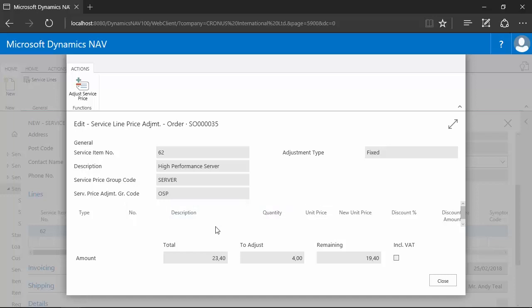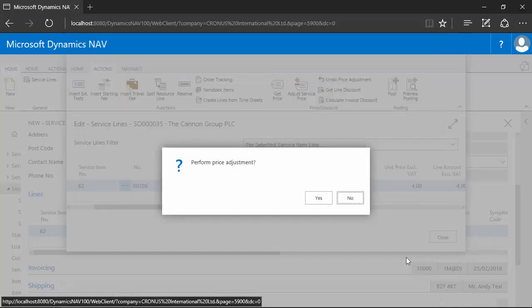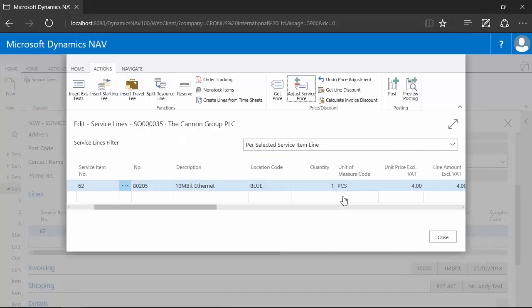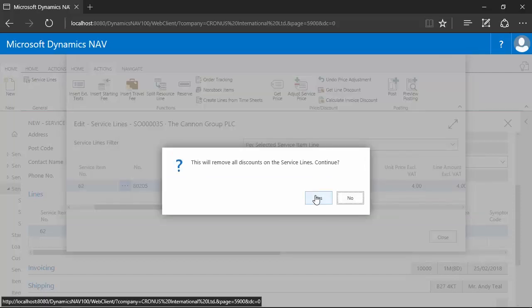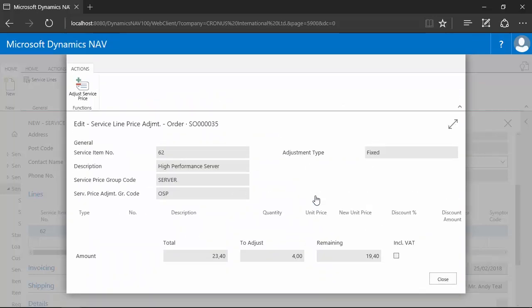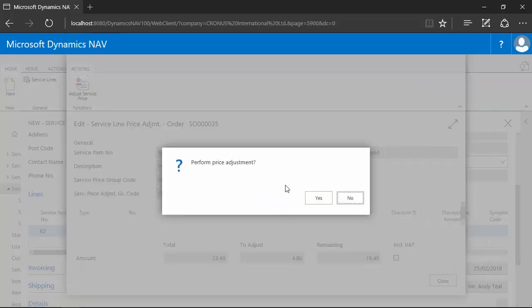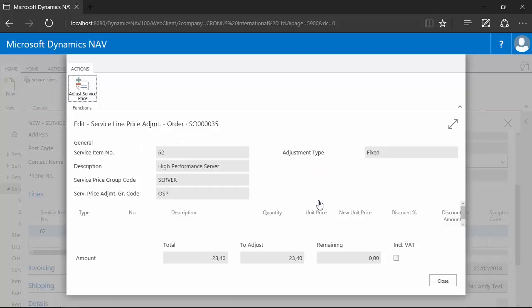And here you see that the price to adjust is this one, which is now 4 euros or dollars or something else, so a specific currency. And then here you see that the price which is set up in the service price group is 23.40. Now the question is, do we want to adjust that, yes or no? If we just close it now like this, do you want to perform the price adjustment? No, nothing will happen. If I execute it again, adjust price group, say yes here, and now I'm going to adjust the price, perform the price adjustment, yes,